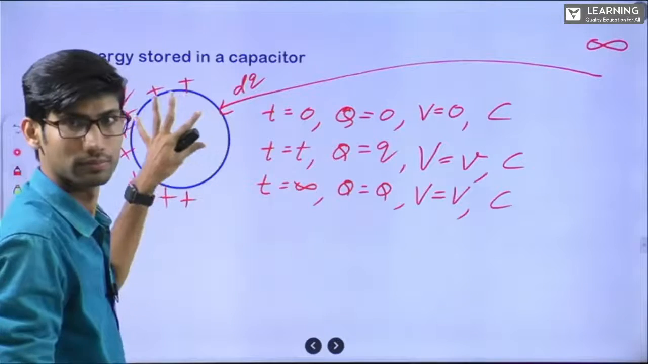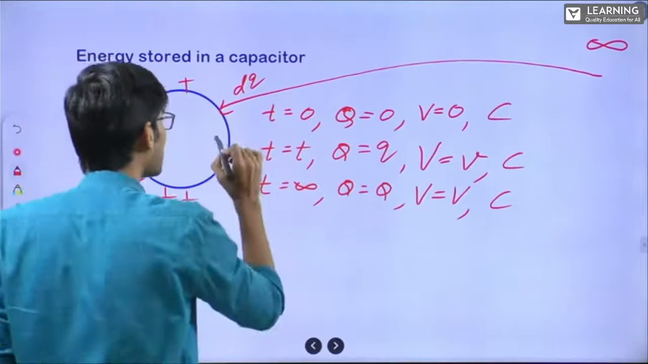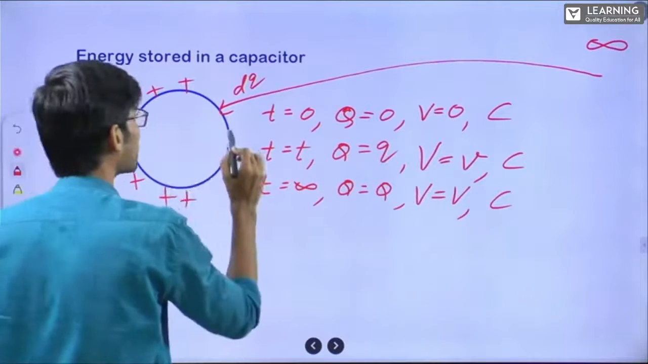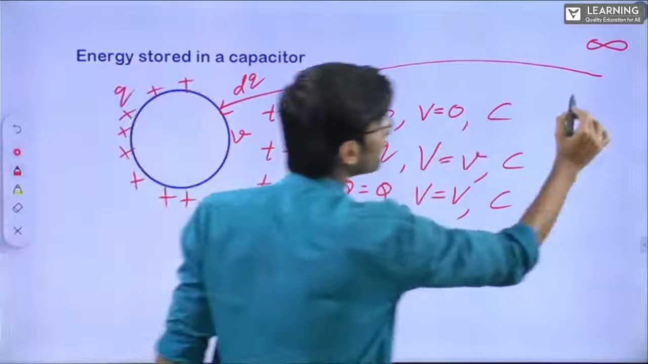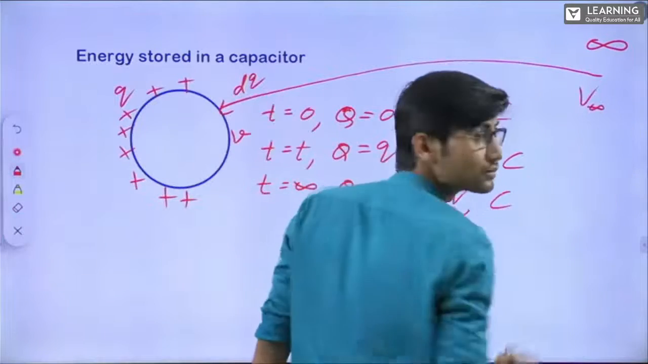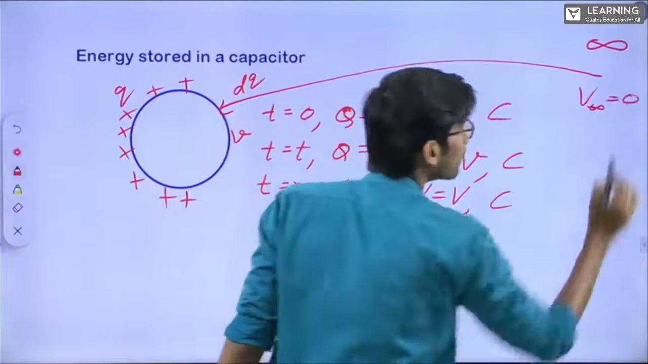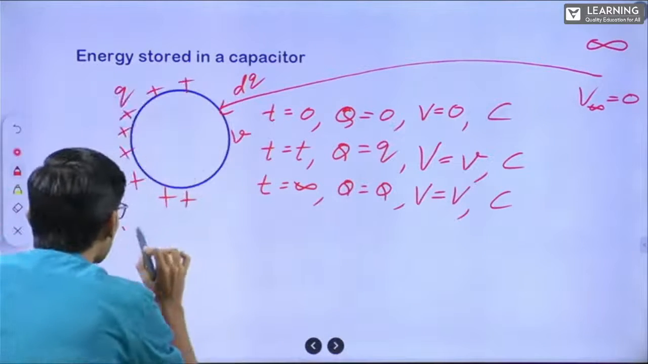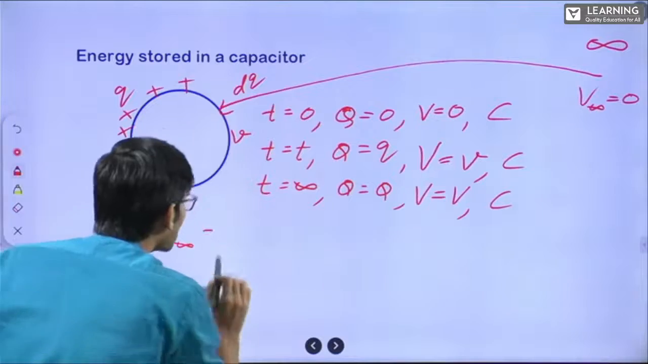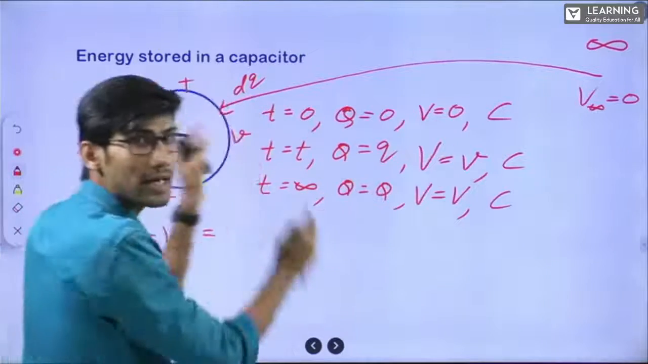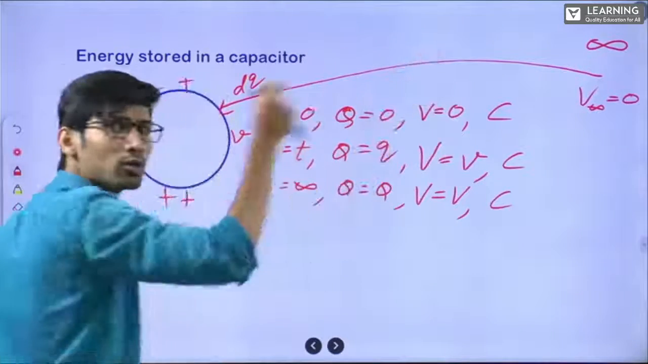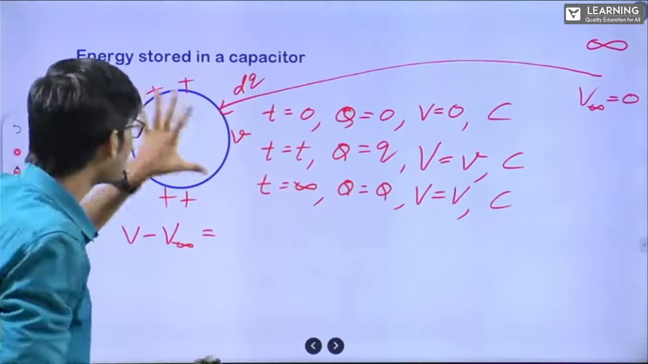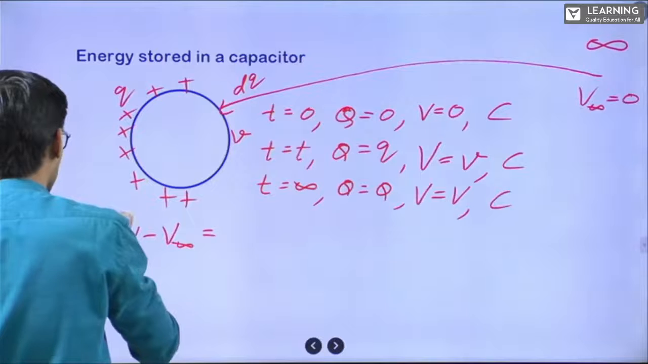At time t, let's say the potential is small v, I have already told. Here on the surface, let's say the potential is small v. At infinity, the potential will be 0. V infinity is always 0. So now if I want to write the potential difference, V minus V infinity, at this time also, we are bringing dq only. At every instant, we are bringing dq, right? So at this instant, at t is equal to t,